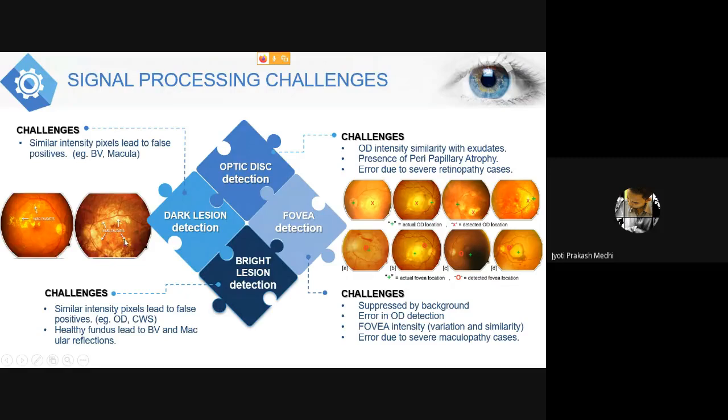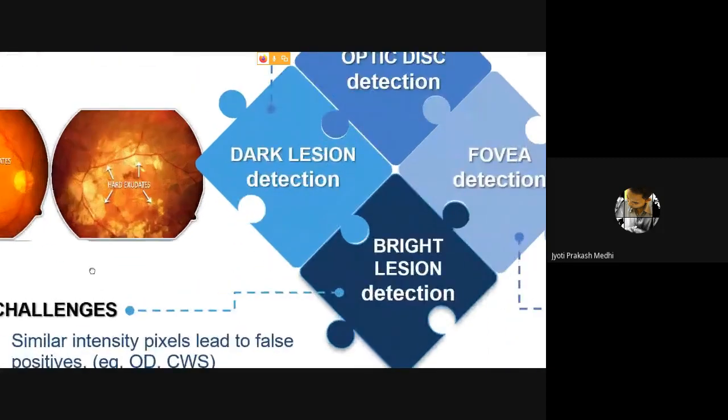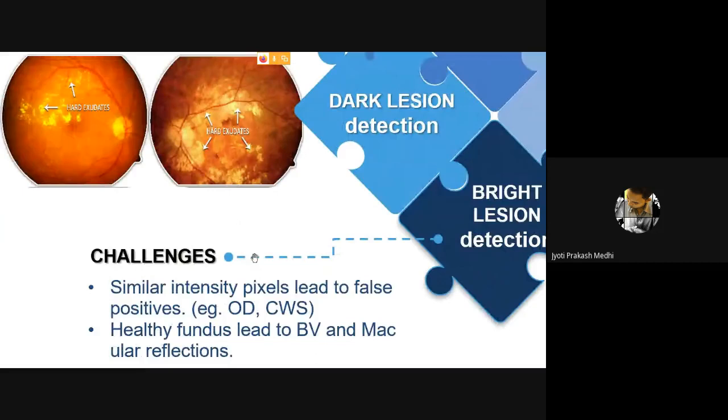During bright lesion detection, the main difficulty that arises is similar to the optic disc detection. Due to the presence of other bright regions, the exudate detection becomes difficult. The other bright regions are like corneal spots, optic disc, soft exudates. Having these intensity pixels near the hard exudate region, we cannot identify the hard exudates properly. So these are the difficulties for bright lesion detection.